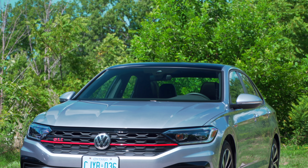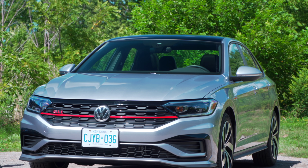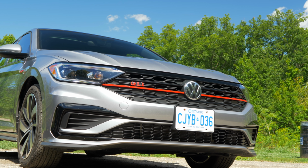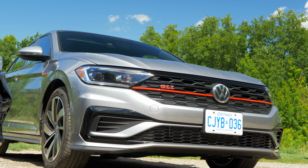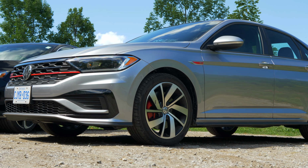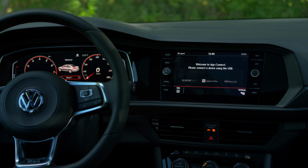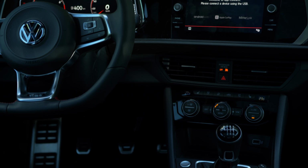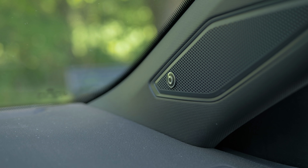Not only does it have the GTI engine and a bunch of performance going for it, we're also awarded with brakes from the Golf R, which feel fantastically confident, and the theme of confidence continues with the limited slip differential, but it still offers the modern gadgets you want in a sedan. Heated and cooled seats, Apple CarPlay and Android Auto, and for some reason a Beats audio system, which can only